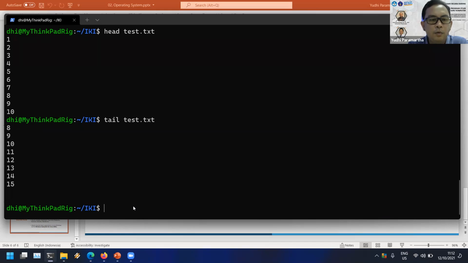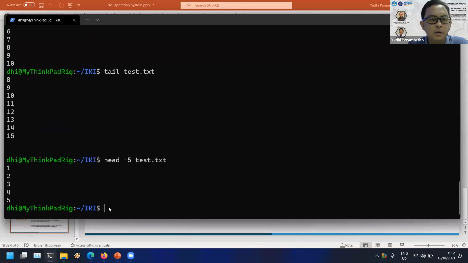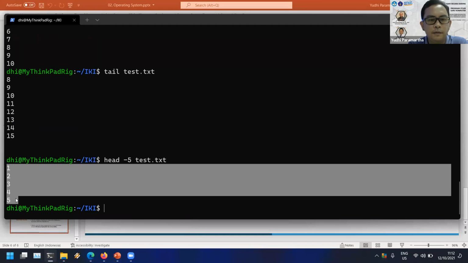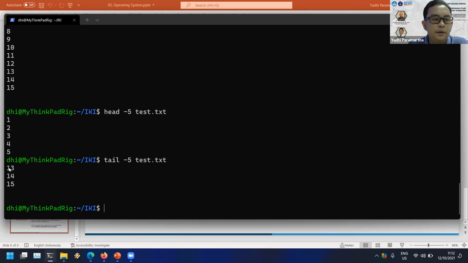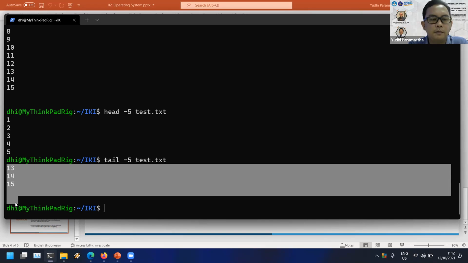Okay, but when we want to filter, for example, with head, we only want to see 5 lines at the top, so we could use head -5 and then the file name. It only shows you the top 5 lines of the file, and tail -5 will only give you the bottom 5 lines of the file.